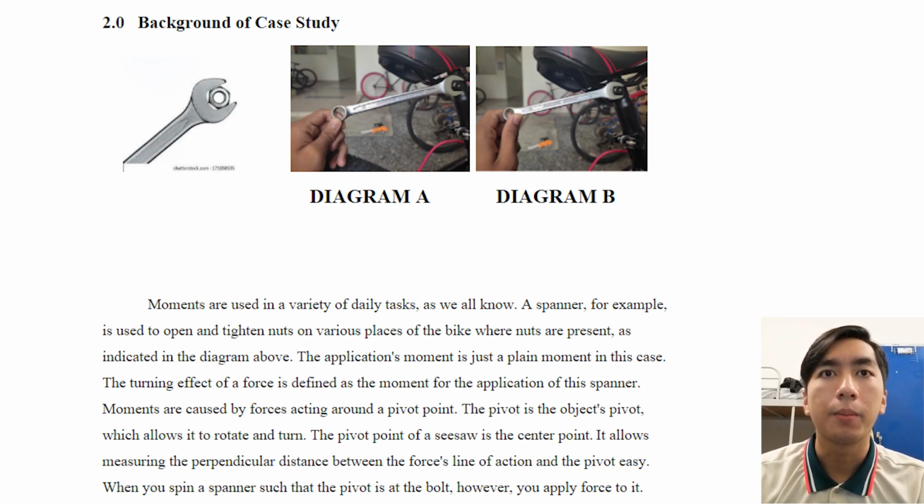Moments are caused by forces acting around a pivot point. The pivot is the point of the object which allows it to rotate and turn. The pivot point of a seesaw is the center point. It makes measuring the perpendicular distance between the force's line of action and the pivot easy. When you spin a spanner such that the pivot is at the bolt, however you apply force to it,